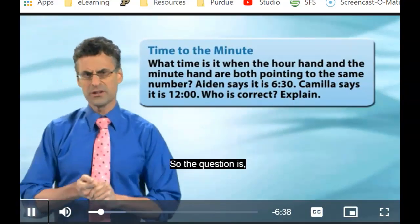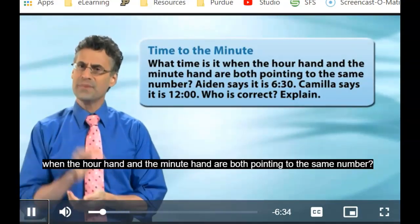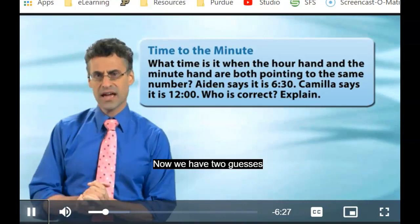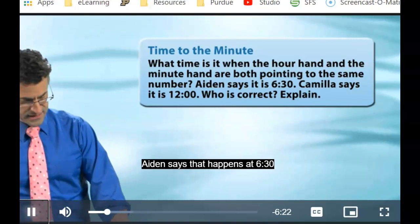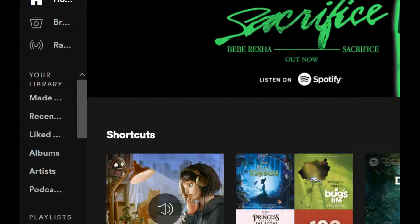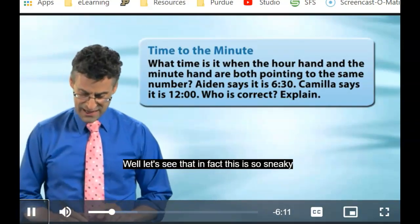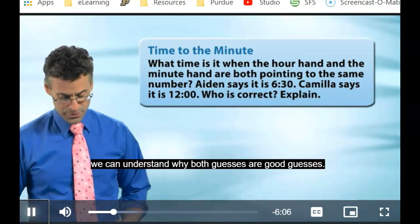So the riddle is, what time is it when the hour hand and the minute hand are both pointing to the same number? Now, we have two guesses. Aiden says that happens at 6:30. Miller says it happens at 12 o'clock. Well, his answer is correct. Well, let's see that, in fact, this is so sneaky that we can understand why both guesses are